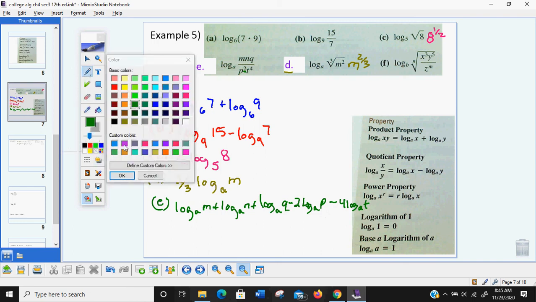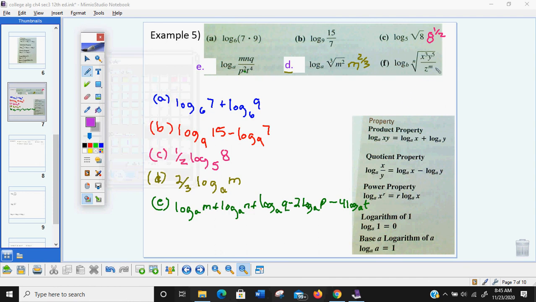We have one more. We need to rewrite this one. This is going to be x to the 3 over n power over root times y to the 5 over n power over root divided by z to the m over n. That's your power over root. So when I go to redo this one,